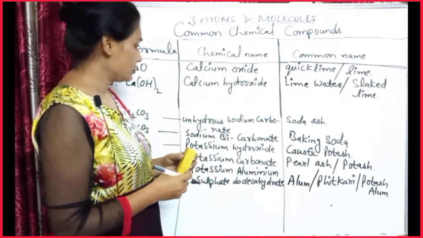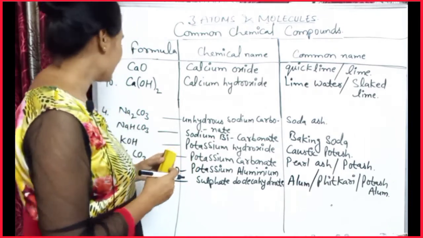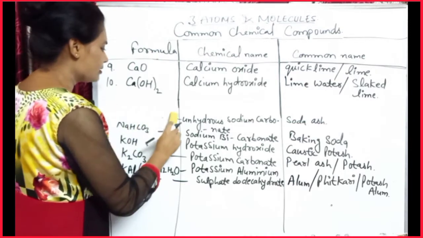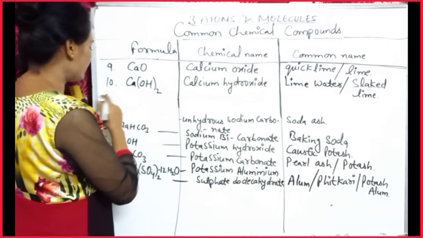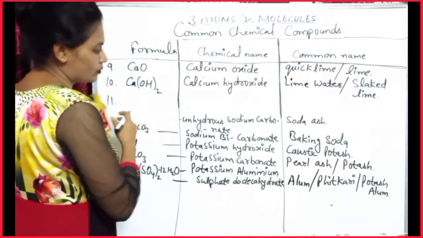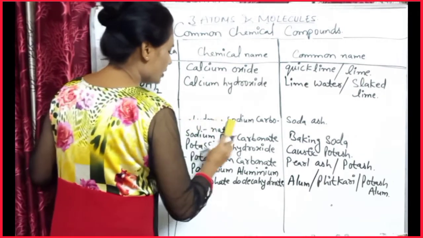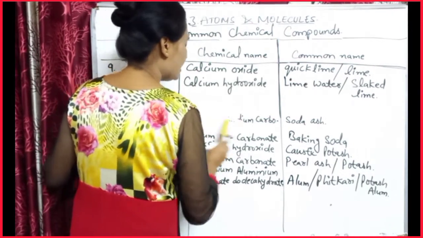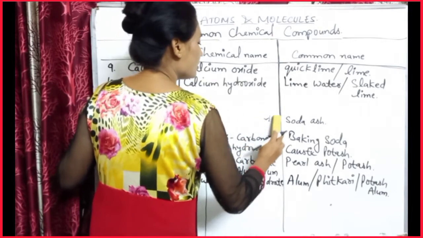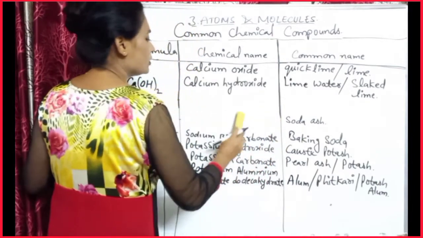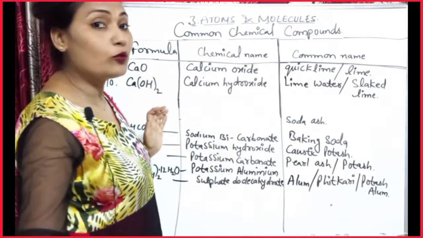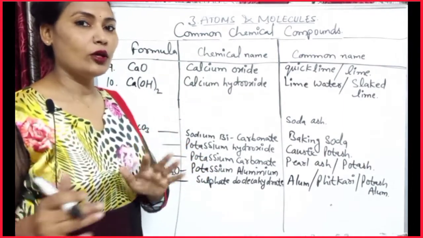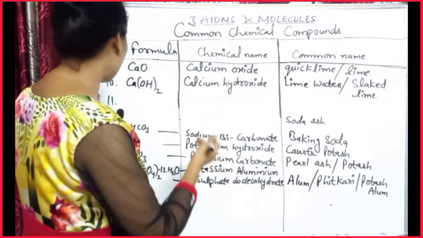And next compound is calcium carbonate, CaCO3. So you can write calcium carbonate. These formulas are very important for the 9th and 10th standard. In both standards, these formulas come in different ways. The questions come in different ways, not directly, indirectly questions will come also, like find the molecular formula of sugar. So if you know the name or the formula of the sugar, then you can write the molecular formula. Otherwise, you can't write.